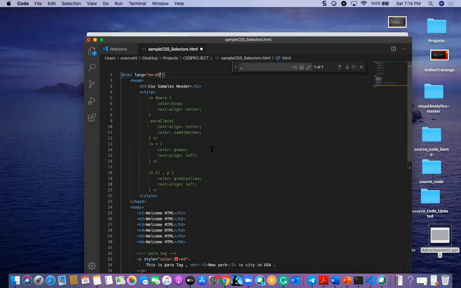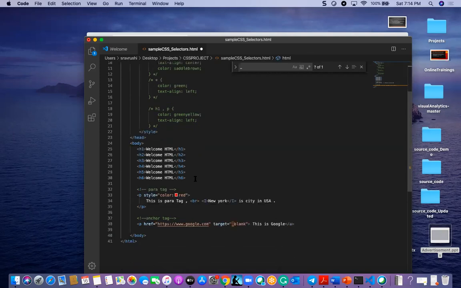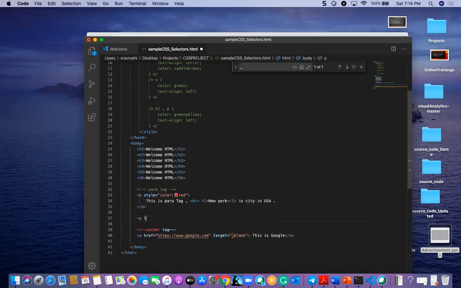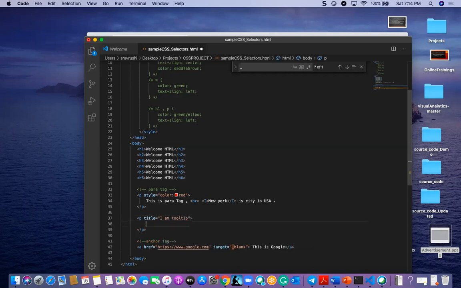And one more attribute we will see, that is known as title. I started here one para, and I am going to give here, like, I am tooltip, and some example like title para.